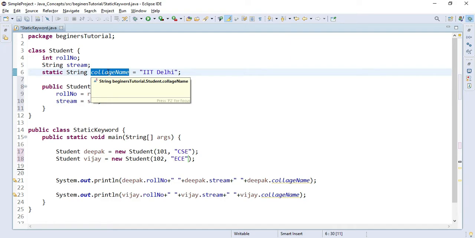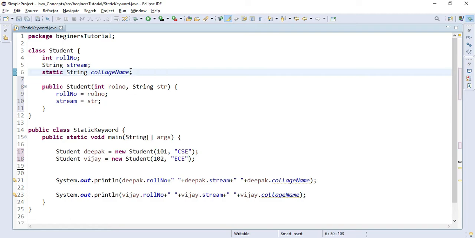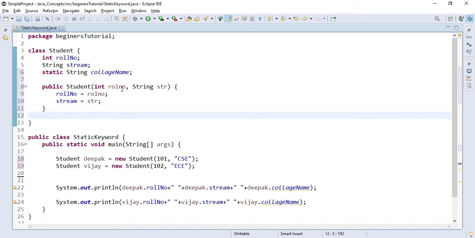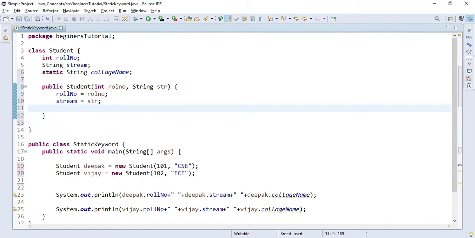But this is not the only way to initialize a static variable. I just wanted to show you something called a static block. You can actually initialize your college name in the constructor also, but that is not good practice, as it is a static variable.